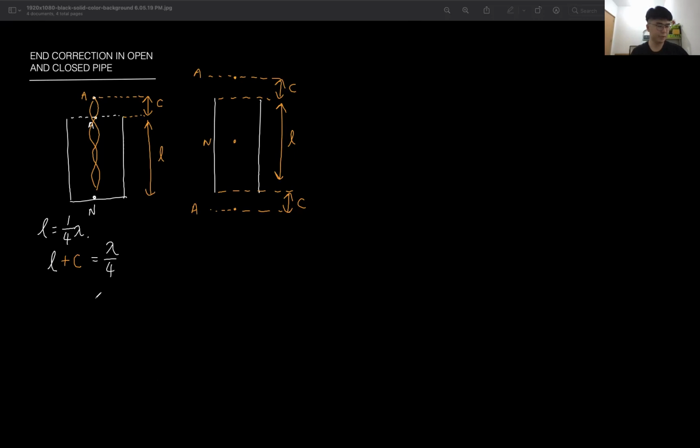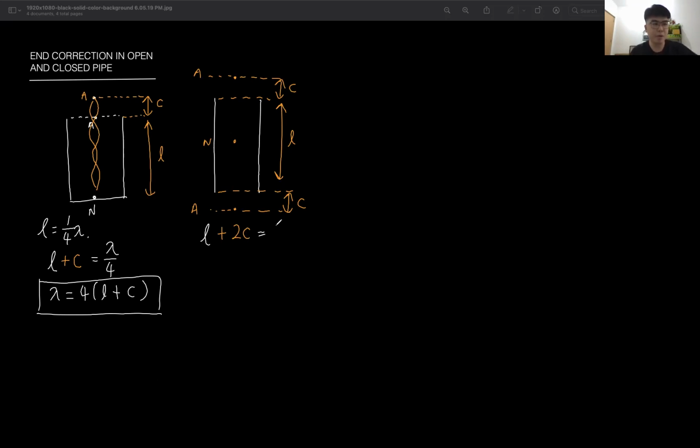So I do a little bit of rearrangement. I get lambda equals 4(L plus C). Let me box this. This one is for us to find the lambda, considering the end correction is there. Now, how about for the open tube? For the open tube, we do the same, but this L, we add two end corrections, right? We add 2C and it equals